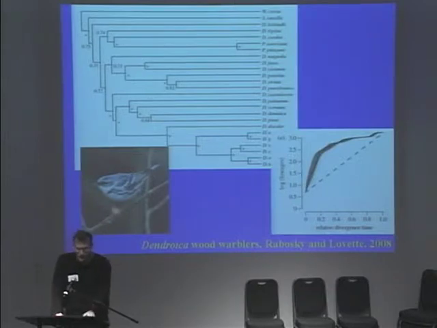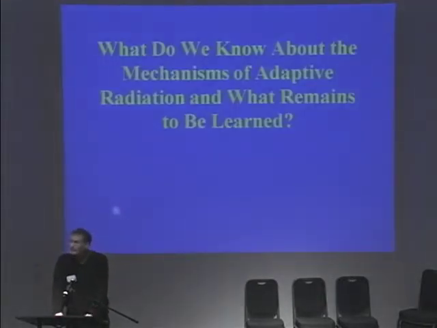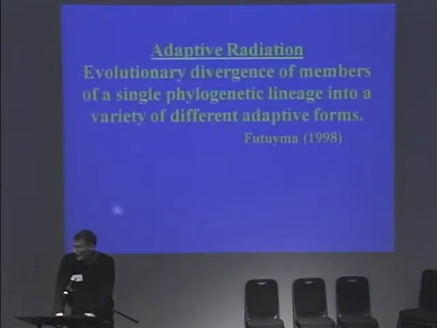And repeatedly, in recent years, we've seen papers noting this pattern and interpreting it in the light of adaptive radiation. Well, in my talk today, my goal is to review what we know about adaptive radiation, and in the light of Dolph Schluter's book and other work, ask what remains to be learned, what don't we know? I'll start by